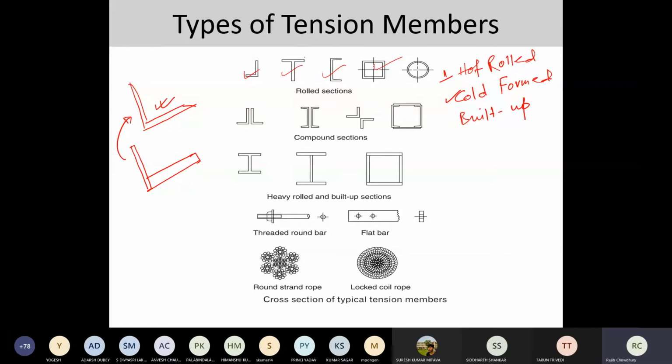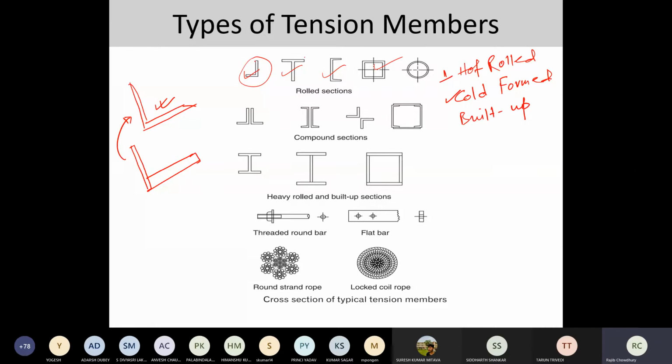So most of the steel structural systems are primarily composed of hot rolled sections. If it is not available, then we need to go with the built up section. Built up section means you are building up your own desired cross section. It can be the channel, it can be the I, it can be the T, it can be the box, anything.